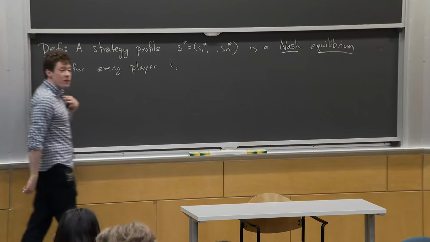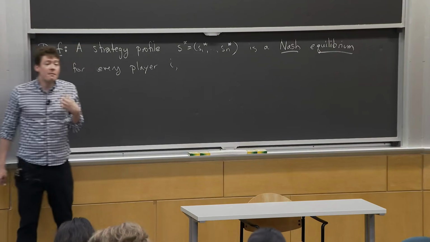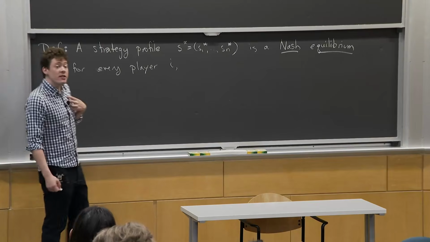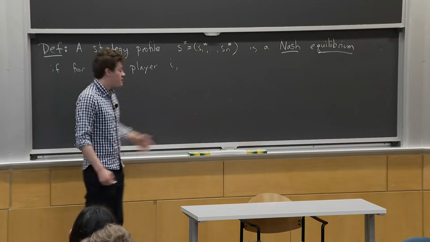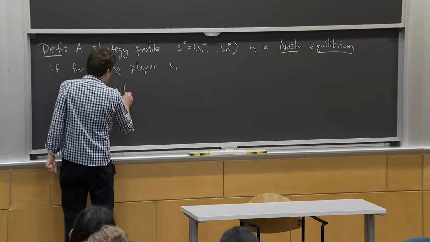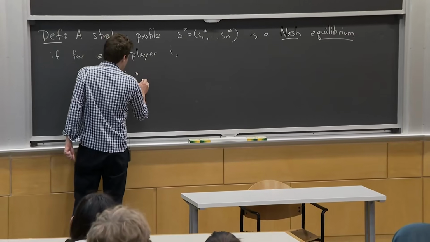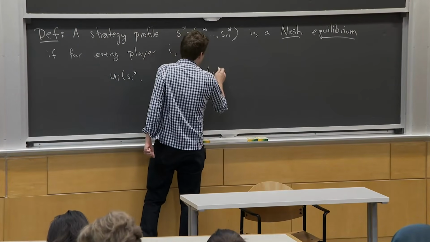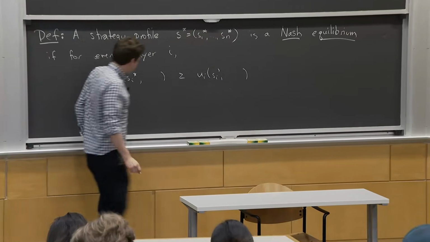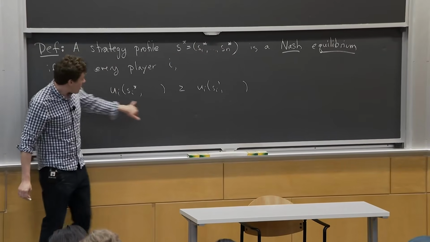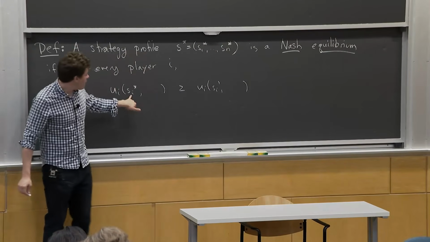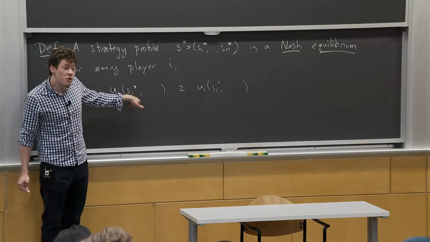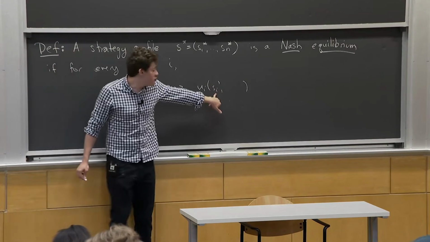So I'm going to put myself in the position of player i, and I'm going to compare the payoff I get from my strategy to the payoff I could get if I deviated to a different strategy. So I'm going to compare u_i of s_i star on the left to u_i of s_i prime on the right. So I'm player i, and I'm saying if I choose s_i star, what I'm supposed to do in equilibrium, I want to do weakly better than if I choose some other strategy